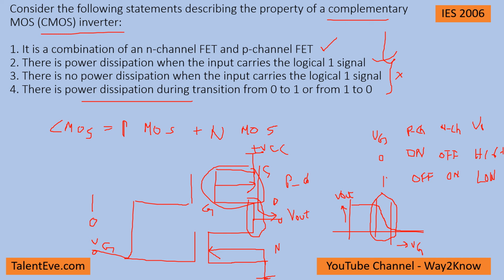So everything would get appended when there is a transition, right, from 0 to 1 or 1 to 0, because the basic need of this IC is to either give 1 or 0 or transition based on the requirement. So definitely there will be power dissipation here. So if you take these three are the correct scenarios for a CMOS transistor.